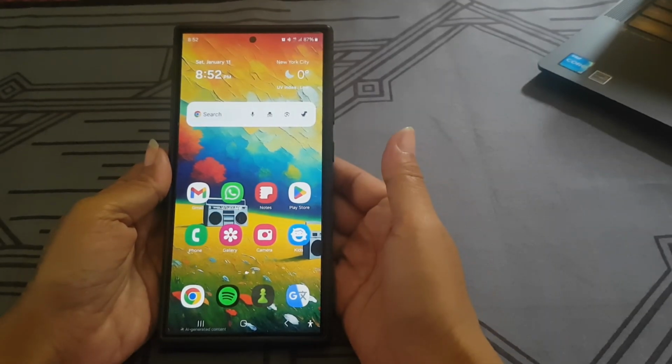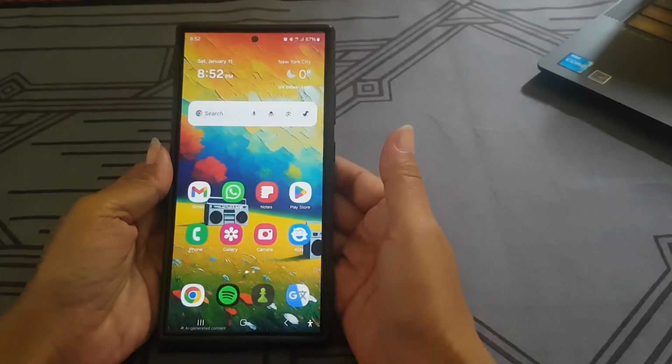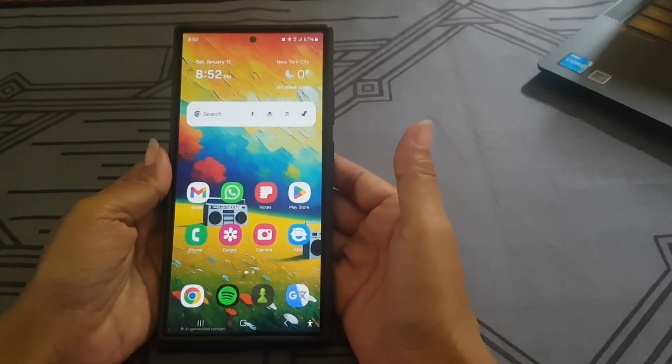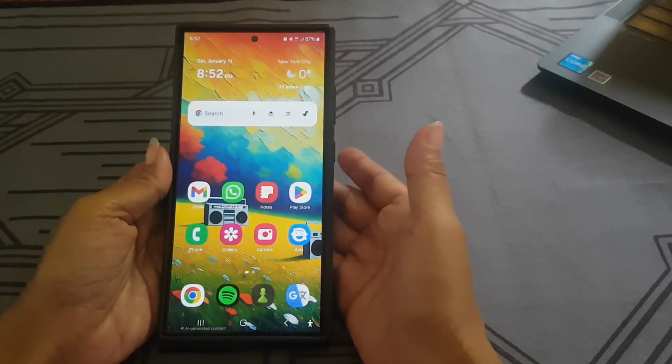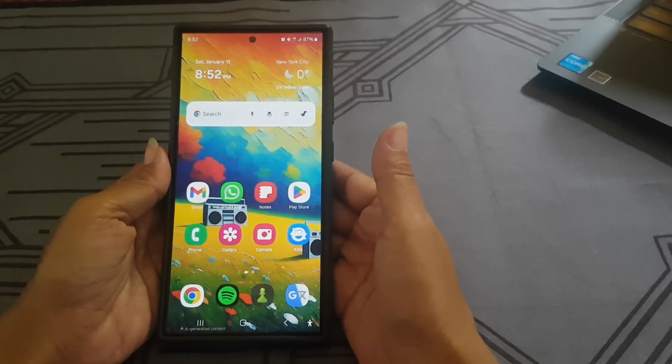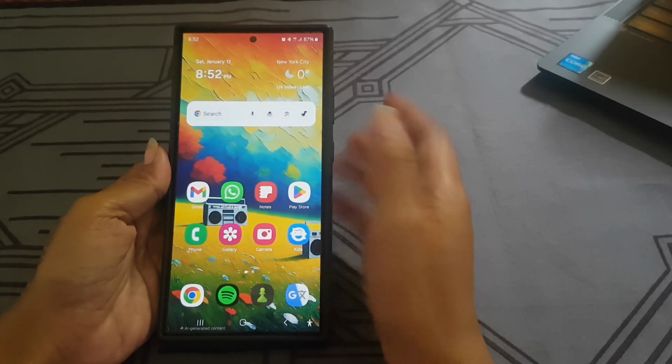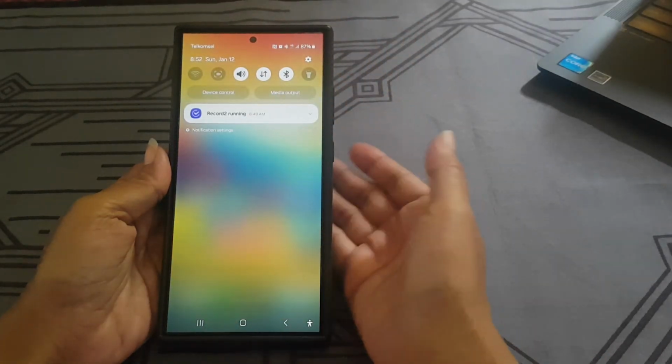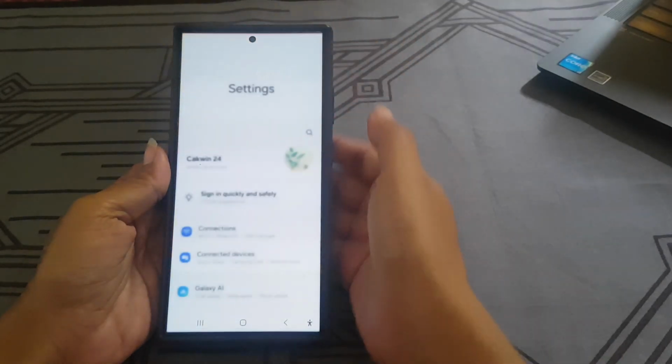To automatically change your Samsung Galaxy S24 Ultra home screen wallpaper when exercising, you have to set the home screen wallpaper in the exercise mode setting to the desired wallpaper. To do so, swipe down the top of the screen and then tap setting icon.